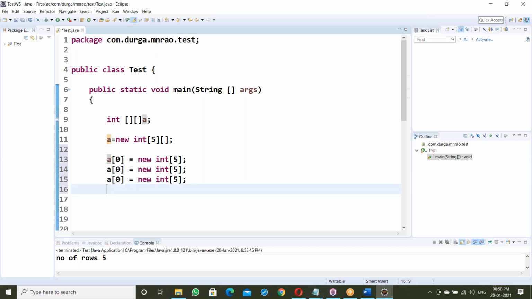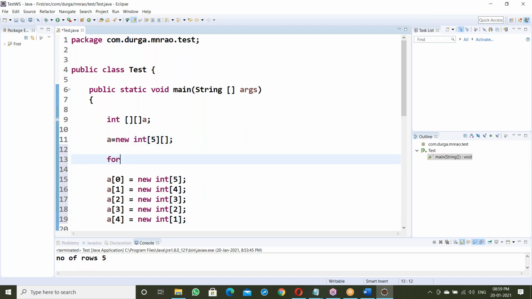Next A of 1, A of 2, A of 3, A of 4. So for A of 0, 5 elements, A of 1, 4 elements, A of 2, 3 elements, A of 3, 2 elements, A of 4, 1 element.